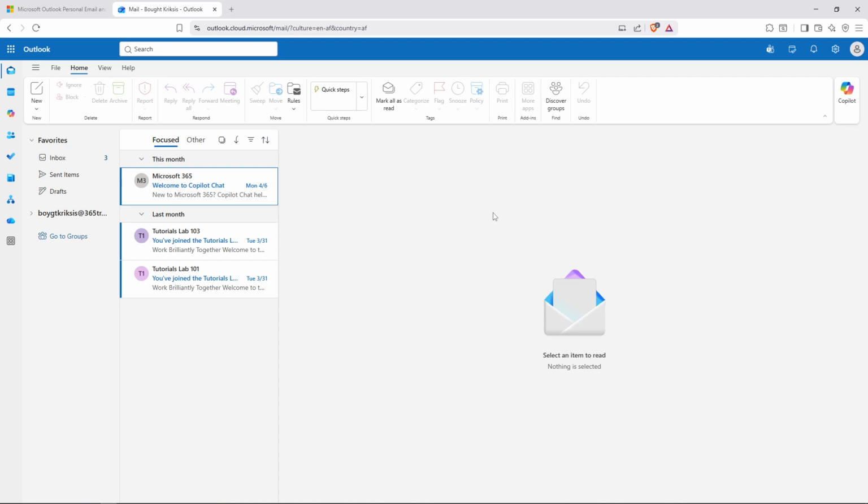After signing in, you'll be directed straight to your Outlook inbox panel. Here you can view all your emails, manage your calendar, access contacts, and use all the features Outlook provides, all within your Chrome browser. The interface is clean and intuitive, making it easy to navigate through your messages and organize your workflow. And that's it. You're now logged into Outlook through Chrome and ready to manage your emails